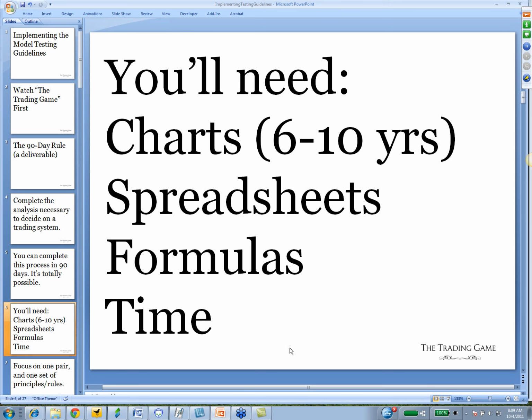You're going to need spreadsheets. You could use Microsoft Excel and you could use Google Docs. Google Docs is nice because you can access it from anywhere. Microsoft Excel is nice because it allows you to do a significant amount of number crunching that is not possible with less expensive spreadsheets. Later on in Part 2 and Part 3 of the webinar series on implementing the model testing guidelines, we'll talk about loading your testing data into a spreadsheet and having it spit out some formulas